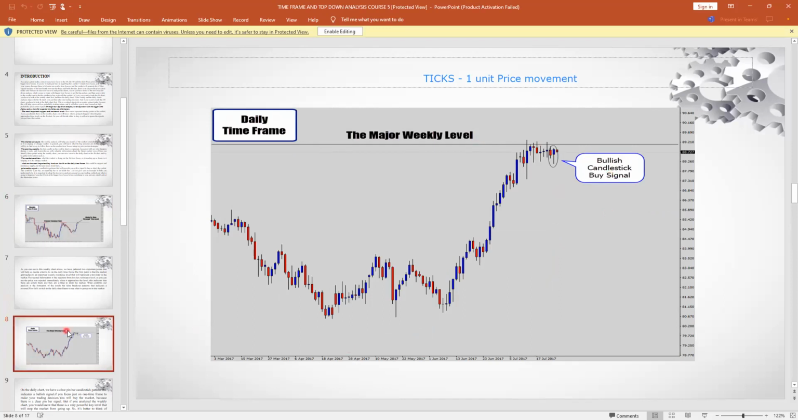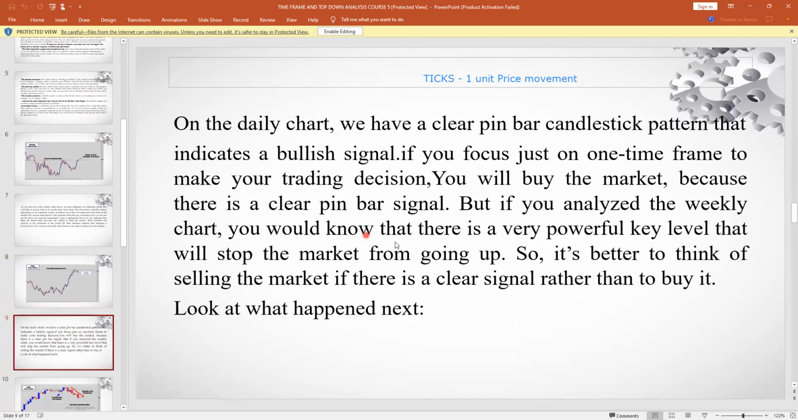Now, at this point, several people will be preparing to buy already, okay? On the daily chart, we have a clear pin bar candlestick pattern that indicates a bullish signal. If you focus on just one time frame to make your trading decision, you would have bought. And you would have bought because you are seeing the clear pin bar signal. But if you have checked from the weekly chart, you would know that you are already at a powerful key level, and that level is going to stop the market from going up. So it is better to think of selling the market when you get a clear signal rather than buying from